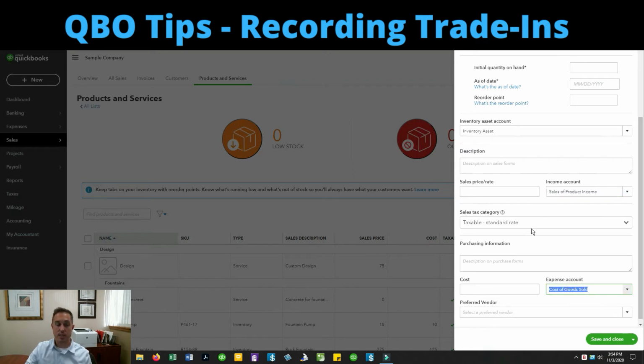If it's going to be a taxable thing on sale, you can do your sales tax category. If you know what the standard sales price is going to be, you can set that or the standard cost here as well. For this demo, I don't need it. I'm just going to leave those blank, which is completely fine. Now that I save and close,